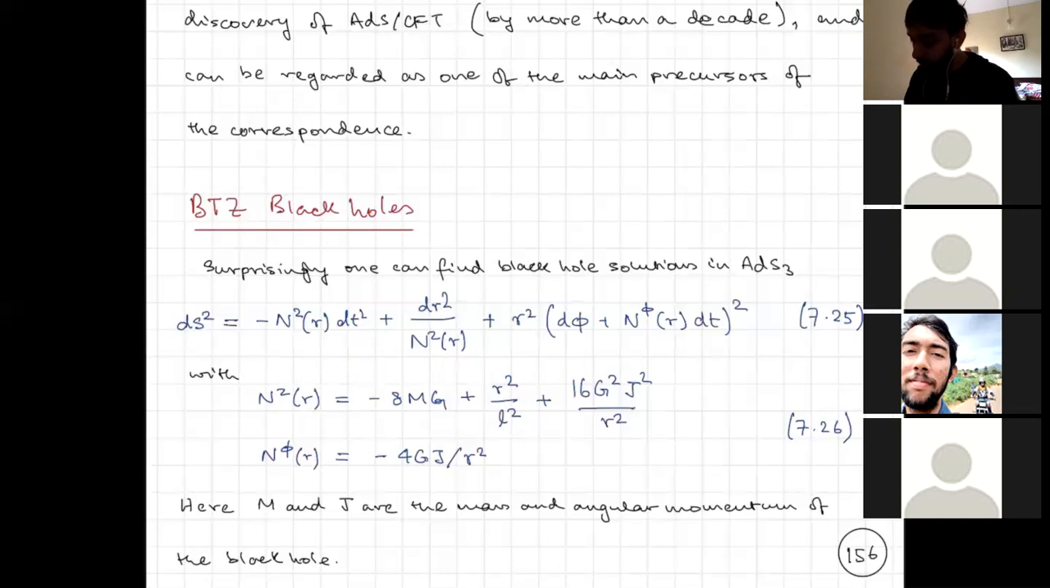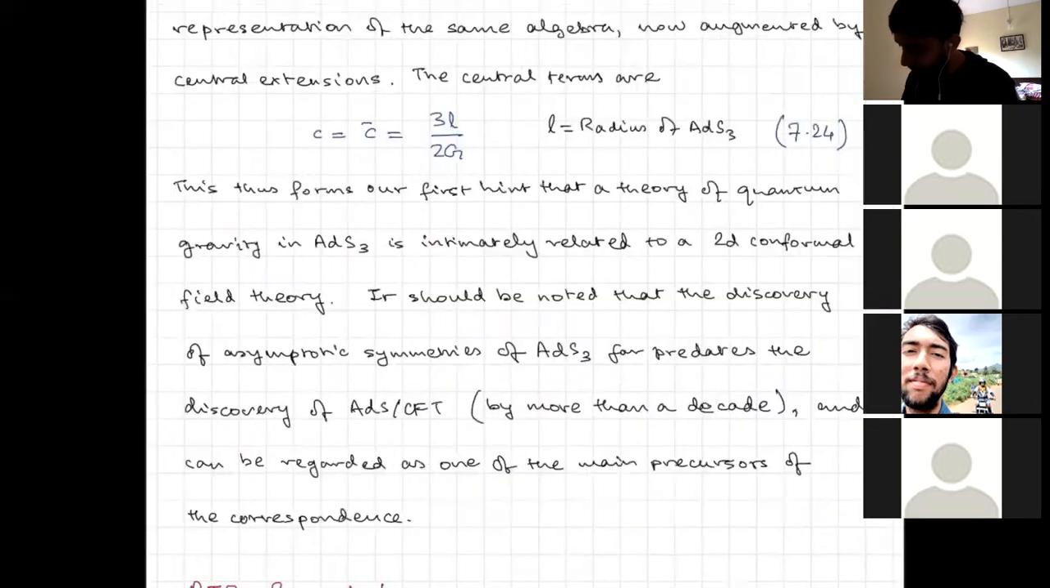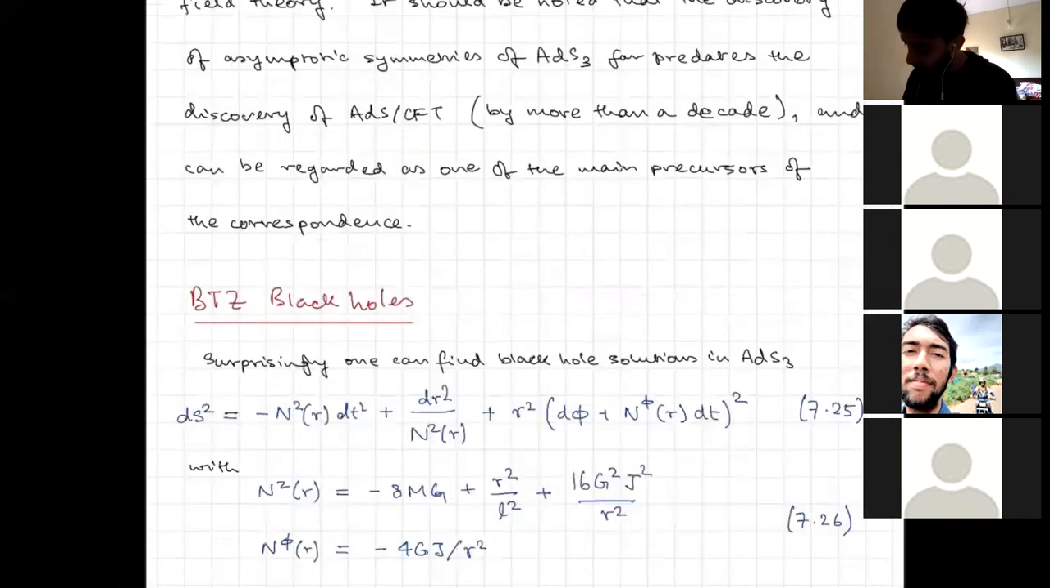And M and J that I write down here are the mass and angular momentum of this black hole. Good. So now, since this is very much like a Kerr black hole, let's just do a few sanity checks. Number one is if you go far away, if you take r out to infinity,